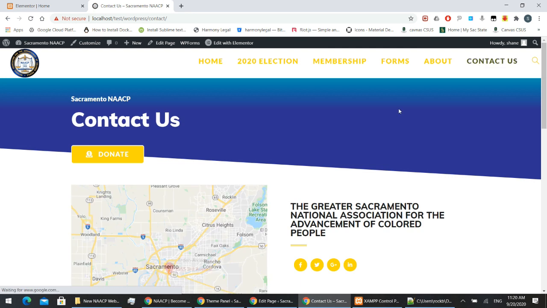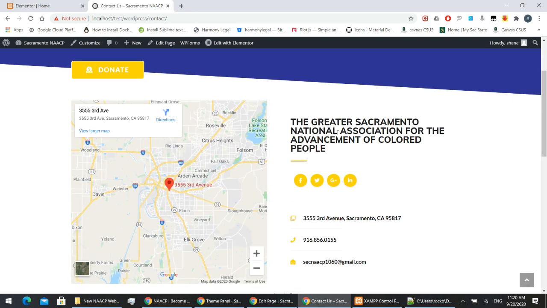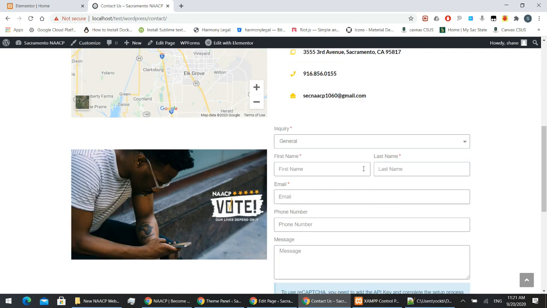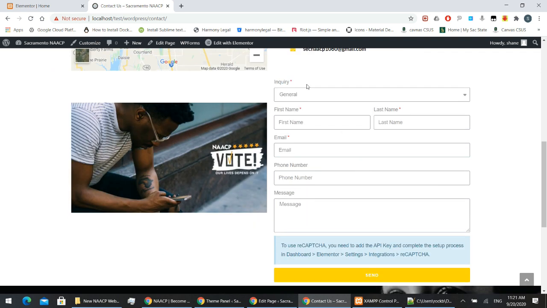Next, our contact us page. This one has been built pretty much about where it should be, I guess, unless you guys have critiques. But I actually have our actual address in here on the Google Maps, so a person can actually see where we fall on the map. The Greater Sacramento National Association for the Advancement of Colored People. There'll be social media links that they can click on here, address, phone number, email address, and they can also send